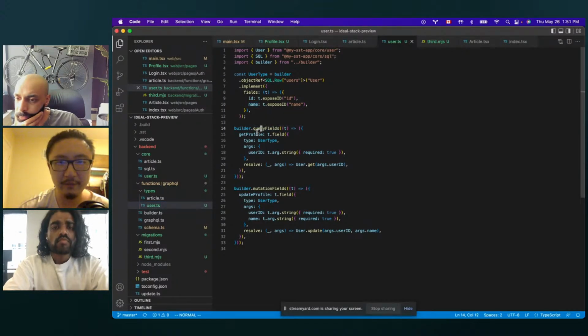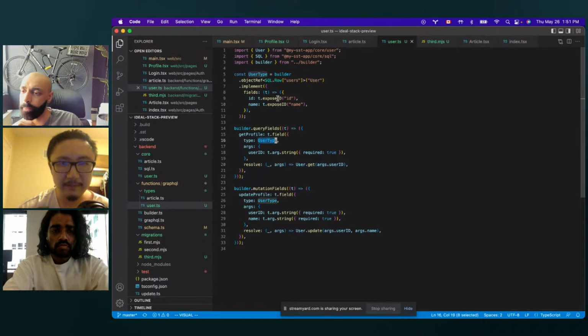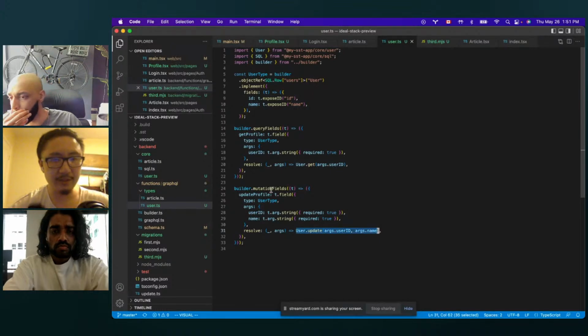For the query, you provide a user ID, and you go fetch that user, and it returns you this user object, which just has the ID and name in there. And I created this update API, which again takes a user ID and a name, and you would call the database, and it would return